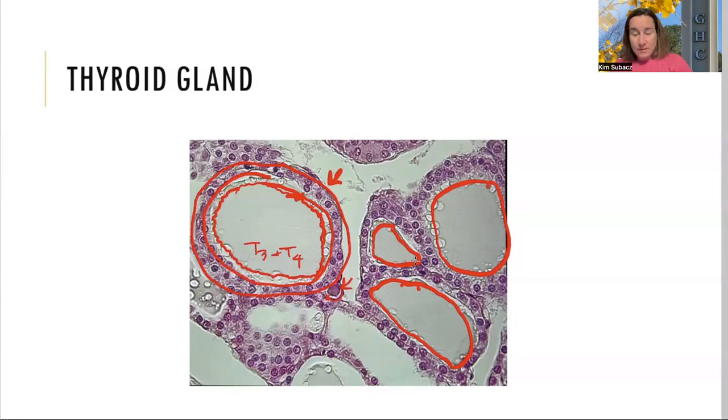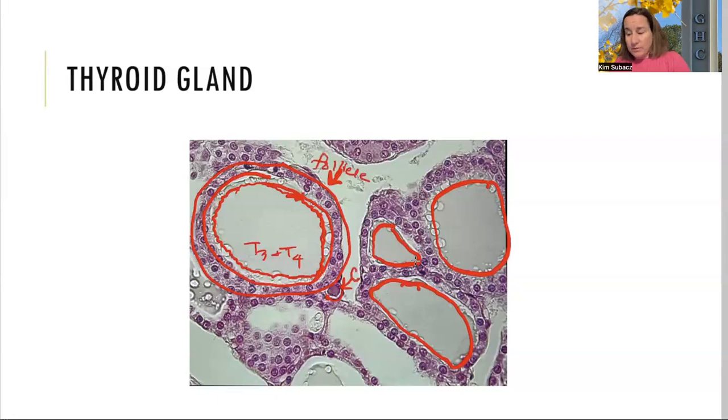The parafollicular cells are in charge of calcium. So your blood calcium levels, we want it to be at homeostasis. And sometimes your blood calcium levels get too high. And that's where your parafollicular cells, the C cells, the clear cells are going to release a hormone called calcitonin. Calcitonin is going to take that high calcium level and drop it down to your normal homeostatic range for calcium. So I'm just going to put a C here for the clear cell, C cell, parafollicular cell. For those guys, this arrow is going to follicle cells